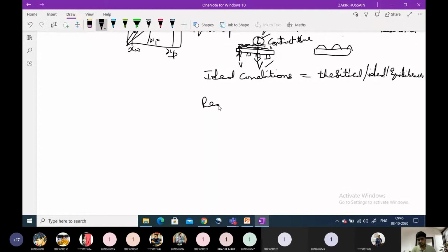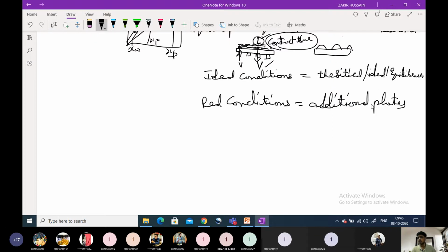Whereas in real operating conditions, because there is no criterion of reaching equilibrium, and because we are not supplying adequate time to reach equilibrium, we will supply some additional plates in the real conditions compared to the ideal or theoretical plates. We will supply some additional plates to the column. So the column will have some efficiency depending on our plate efficiencies. The column will have a number of plates.